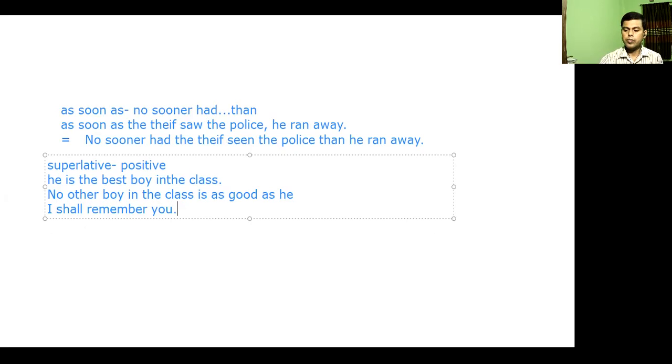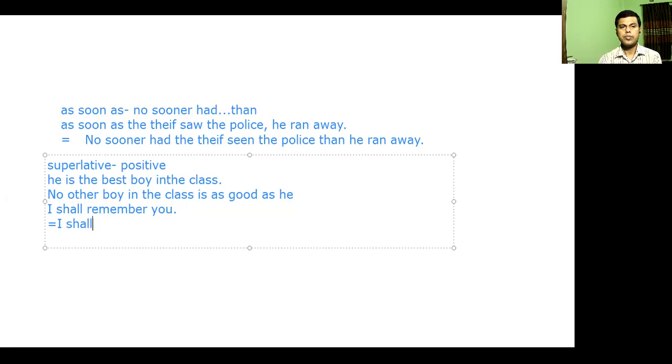This is an affirmative sentence. We use the opposite word to an affirmative word. Then to make it negative, we will write